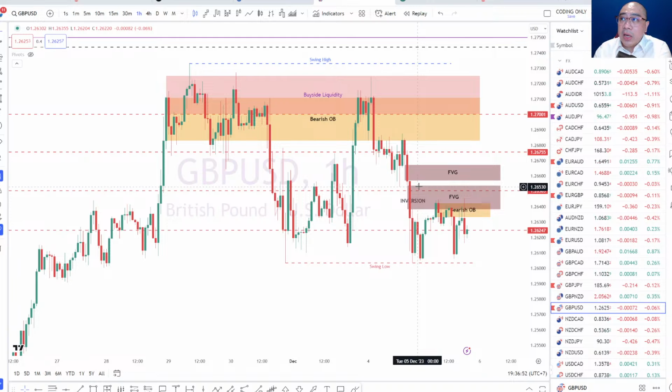Do we need to consider candlesticks with a wick as a fair value gap, or does it not necessarily have to have a wick to be considered a fair value gap? No, it doesn't have to have a wick. Typically, it will have a wick, but if it doesn't have a wick,